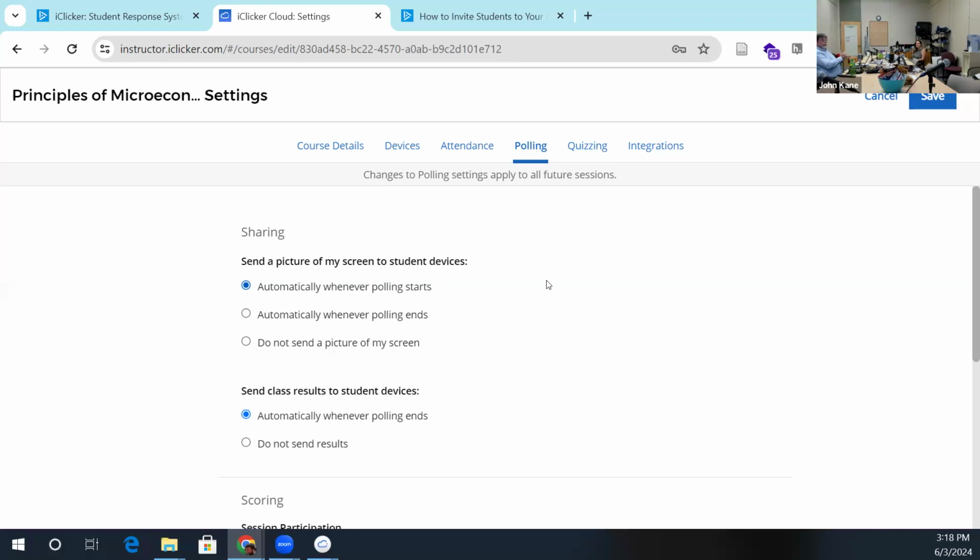on their device. If you're concerned about students joining the poll without being present in class or on Zoom, what many people do is they will say to not send a picture of the screen, especially if you're going to do two. I'll try this. I usually just send it anyway, but basically this is whether students are seeing the question on their phone as well as on the screen where that's